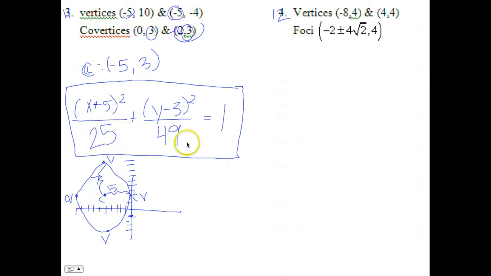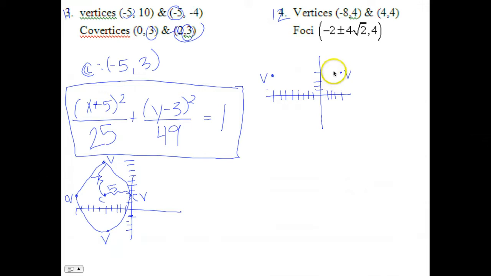All right, for 12, this one's a little bit different. So a few different things you can do here. Once again, I think graphing, just through a brief sketch, helps a lot. 1, 2, 3, 4, 5, 6, 7, 8. 1, 2, 3, 4. And keep in mind, this isn't necessarily perfect, but it just gives me a general shape of that function. And then we have the vertices negative 2 plus or minus 4 times the square root of